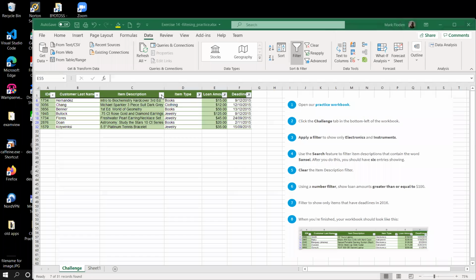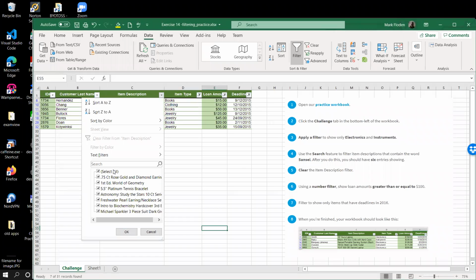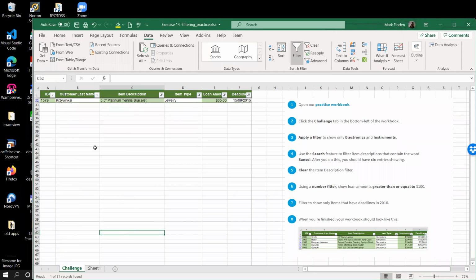So I'm interested in tennis only. So I'm going to do a search. So I'm not clicking on that other stuff. I'm just going to do a search here, and I'm just going to search for tennis. And only the tennis stuff comes up. That's basically the exercise. In this little exercise that I've just done, you see we've got filters applied